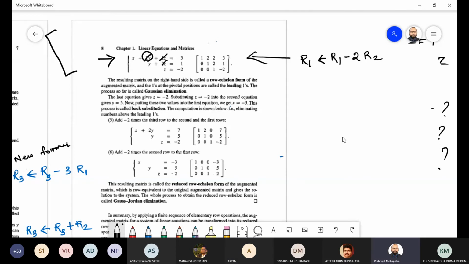So here they have eliminated the z first. You can eliminate the z first, or anything, you can do it. But we'll follow their method, otherwise you will get confused. So you can erase this z easily. How will you erase this z? So you have to write row 1 as row 1 minus row 2.